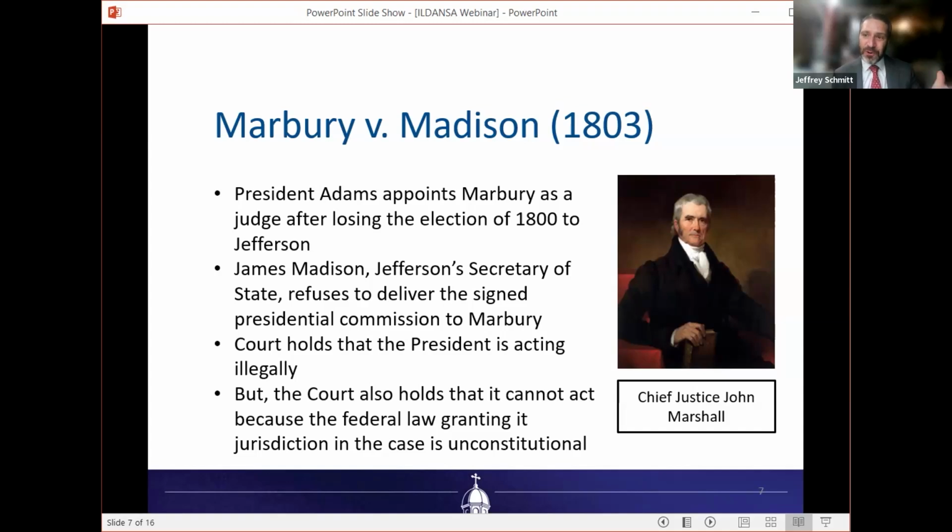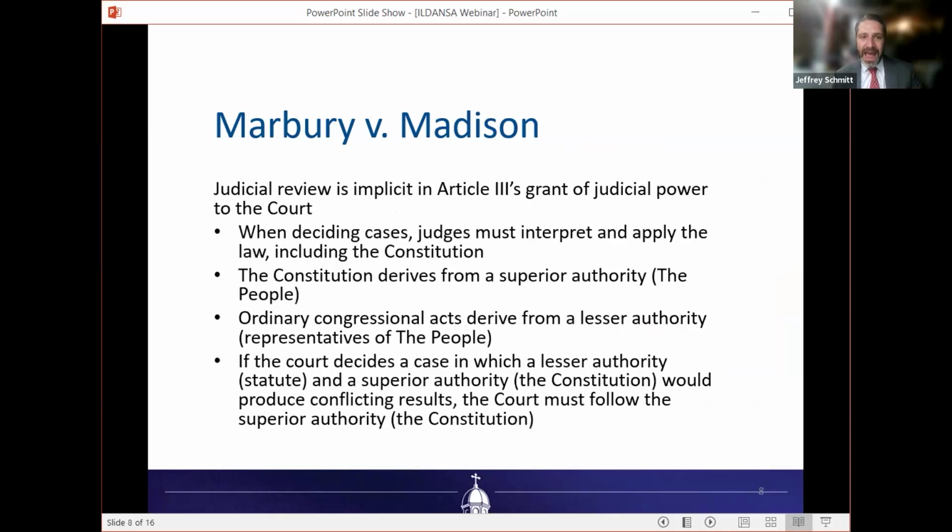Now, the context is important. I gave you that story for a reason. The court is doing this in a way to where President Jefferson cannot ignore them, right? Jefferson can't refuse to enforce an order when there's no order. So the court says, Jefferson, you're wrong. You're acting illegally. We get to say what the Constitution means, not you. But there's nothing we can do right now, right? So they have this shot at Jefferson, but nothing really happens.